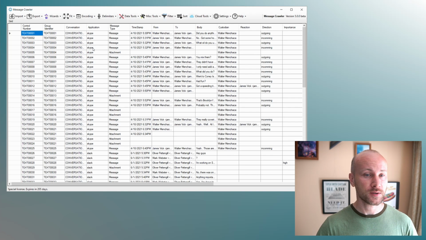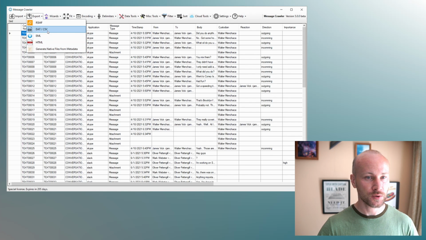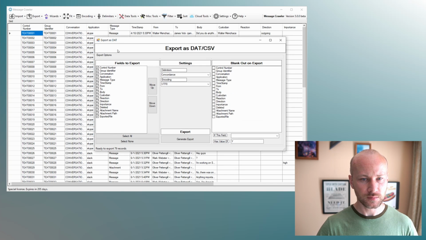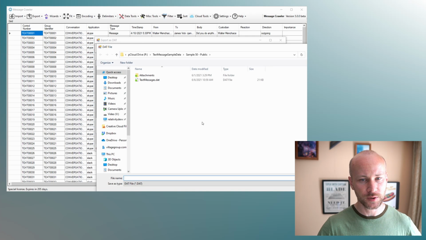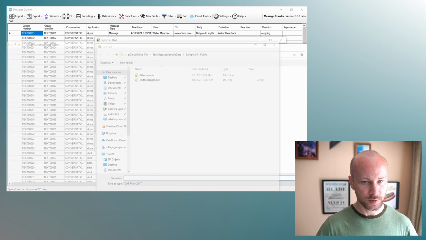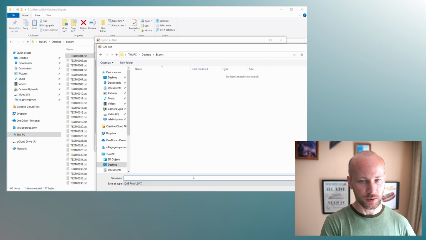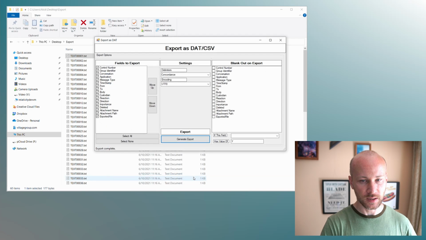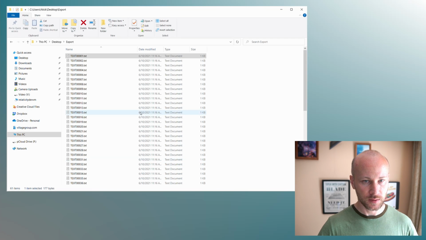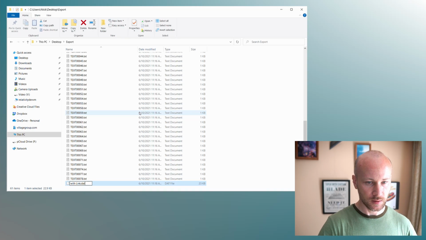Anyway, so how would we export this out? We'll just go to export.csv, and now we can include whatever fields you want. Again, you can specify the delimiters, all that good stuff. If we want to blank out any metadata fields, that's for redactions. Let's say generate export, and we are going to put this in the same folder. So we'll call it with a link .dat, and if we come back here, let's rename it to txt,